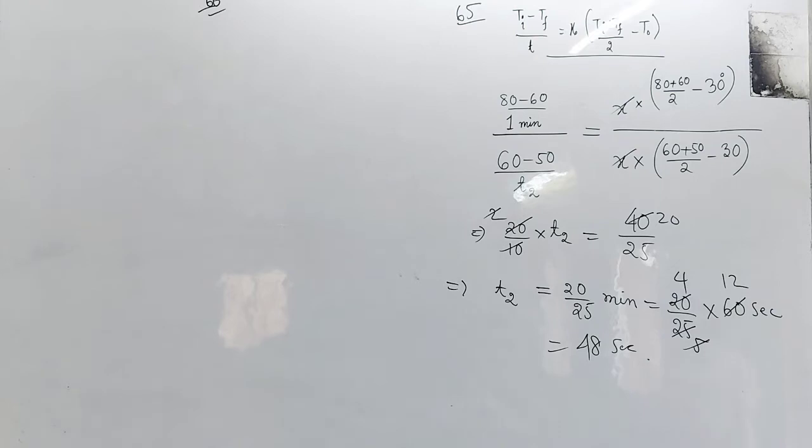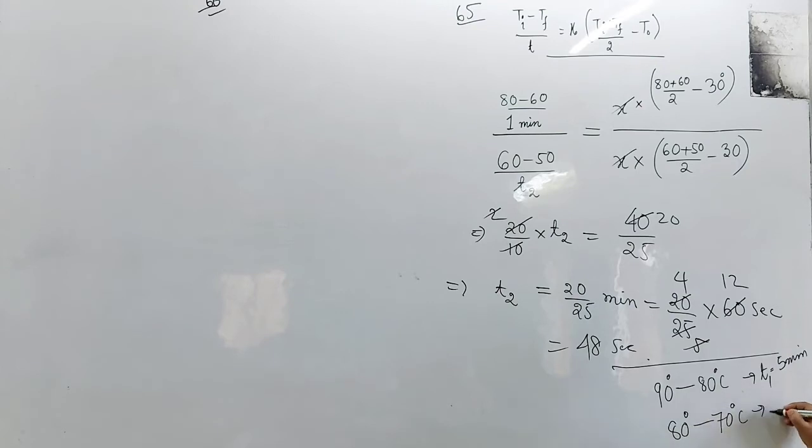It is very tempting to select the option without any calculation. Let me give an example. Say your cooling down takes place from 90 to 80 degrees Celsius and it takes T1 equal to 5 minutes. Next, cooling from 80 to 70 degrees Celsius takes T2. Most of the students will select 5 minutes, because you will automatically develop in your head